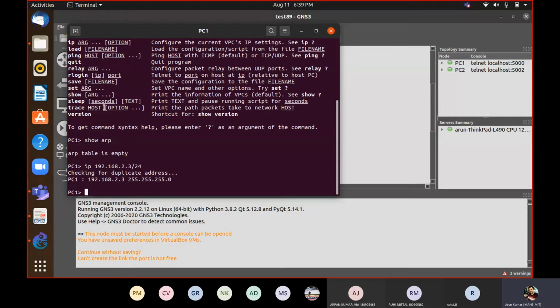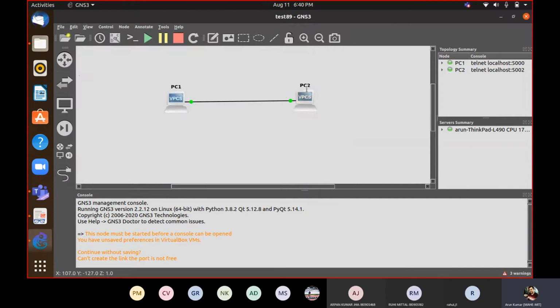So maintain this topology somewhere on your paper, note it down with IP addresses, so that we can check the connectivity or do operations smoothly. And for the next node, I will give the address 192.168.2.4/24. PC1 we have done. PC2.